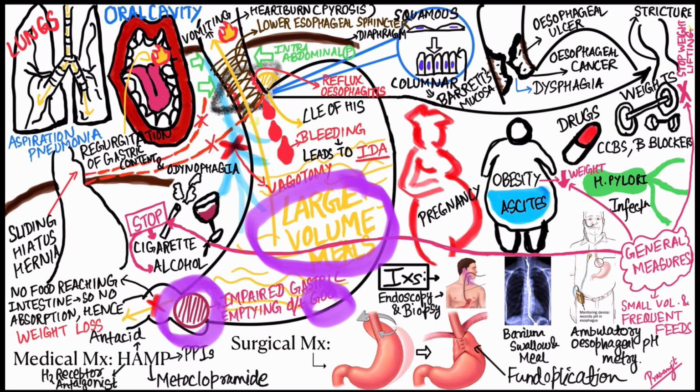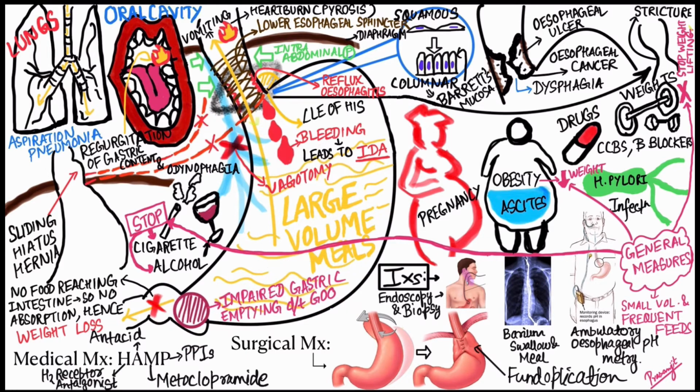As you can see, there is a mass lesion which is obstructing the gastric outlet. Because of this, there is an increase in the volume of the gastric content in the stomach, so it increases the chances of gastroesophageal reflux. And finally, the last etiological factor which I would like to mention is vagotomy. Okay, so as you can see here, the vagus nerve is supplying the stomach, so if the vagus nerve is cut, it is what is called vagotomy, and it is also an etiological factor for gastroesophageal reflux disease.